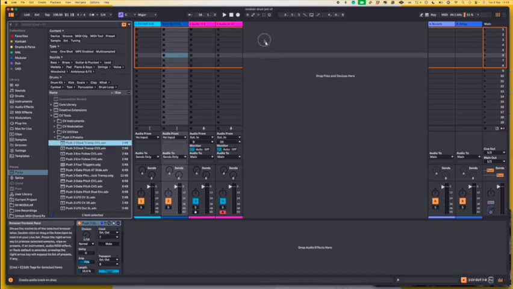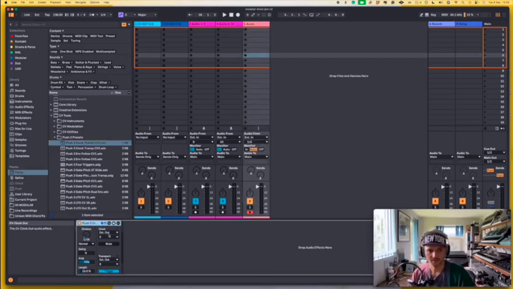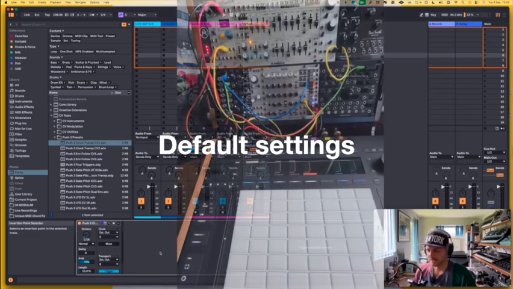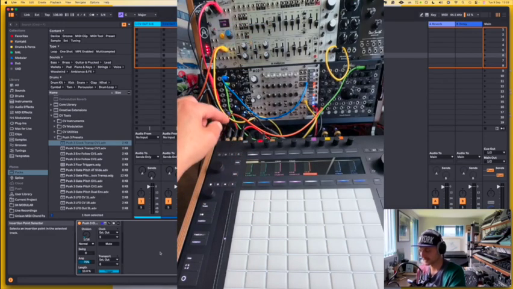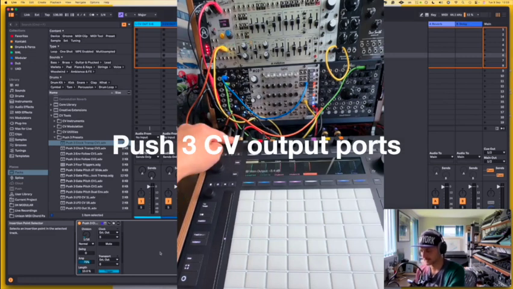If I pull Push 3 Clock Transport CV1 onto a new track, you'll see it loads up. By default, clock is set to external out 5 and transport is set to external out 6. And what that means is that device is pre-configured to run CV signals out of the first of the CV/pedal ports that Ableton has, which I'm pointing to here, right next to the headphone